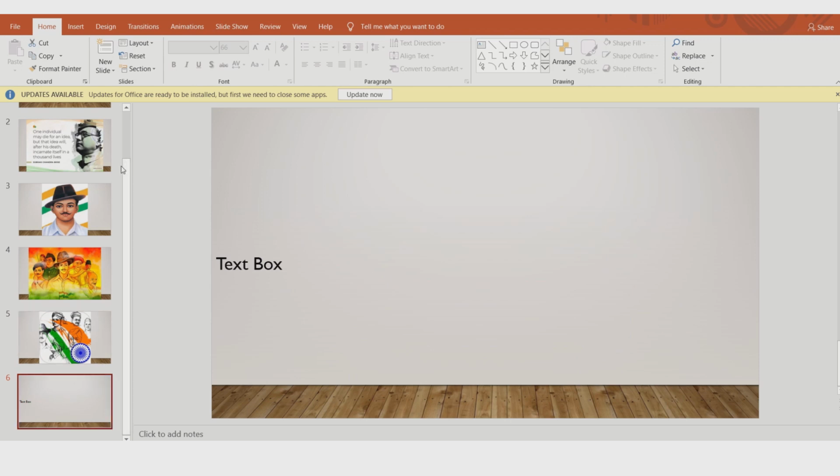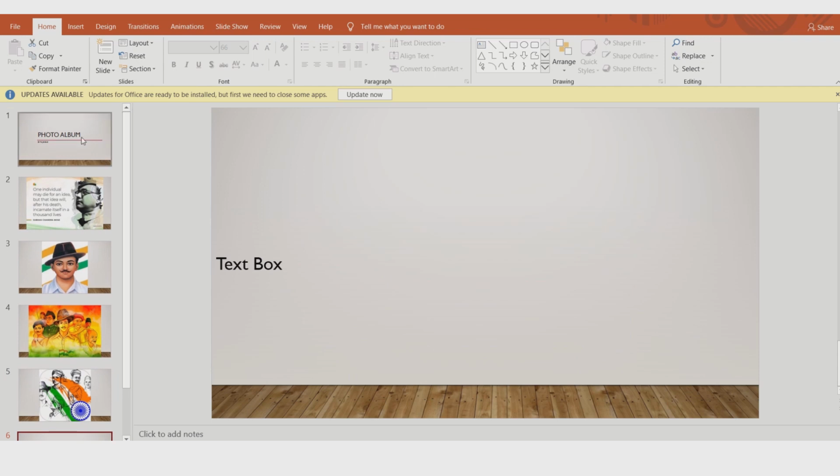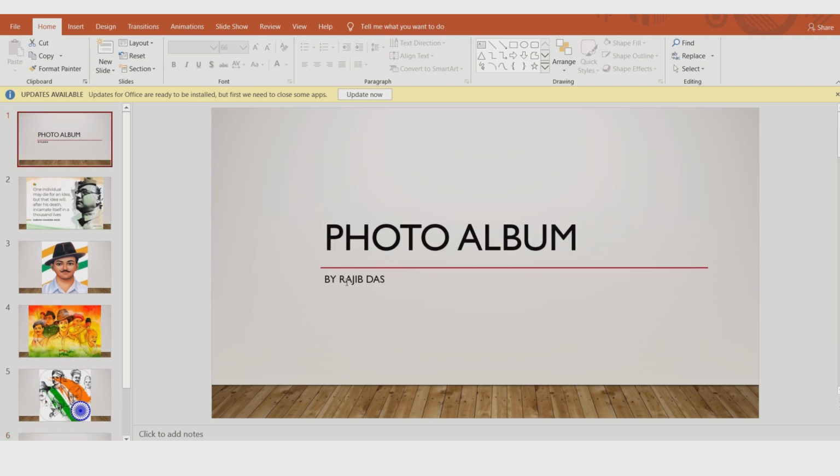And then on the first slide you can give the photo album name and the creator's name. So I am giving my name, by Momita. This is my name.